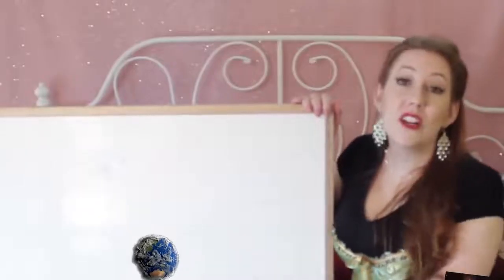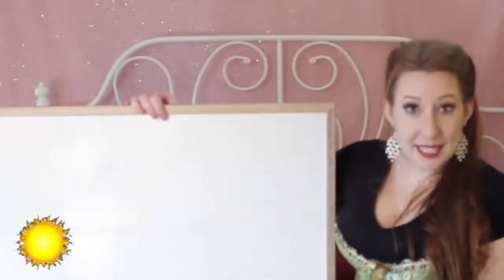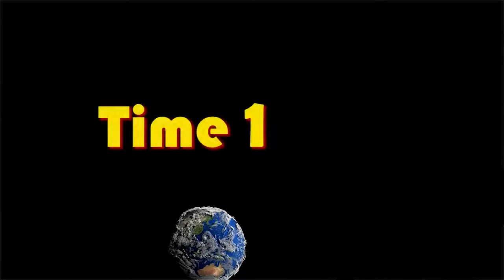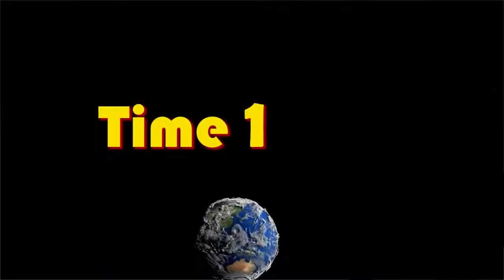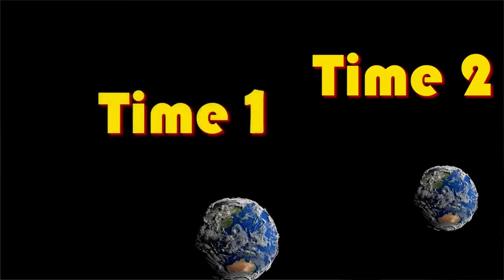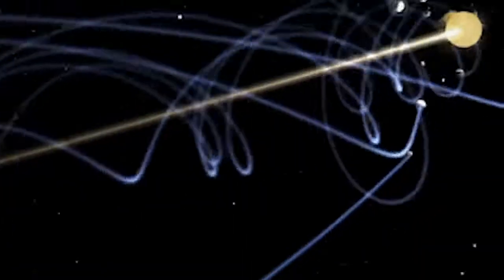We're going to look at the Earth as it moves around the sun, according to the standard globe Earth model. So the Earth is here at time 1, and at time 2, the Earth will have moved and we'll find it over here. What's important here is that this is time 1, and 8 minutes later, this is time 2. So in the course of those 8 minutes, the Earth, traveling at 66,000 miles per hour around the sun, has